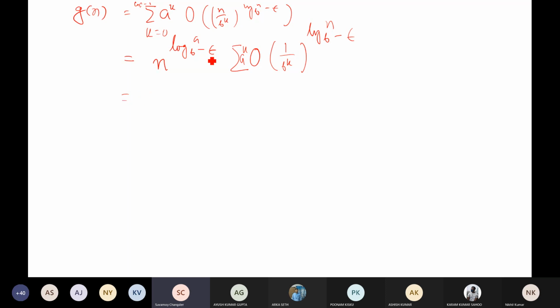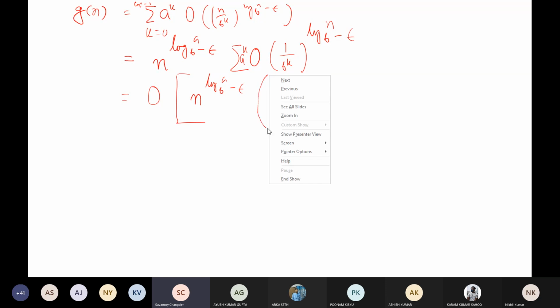That is equals to, we can take this big O outside of the whole, because if this is the upper bound, then the whole should be the upper bound. So we can take big O as the total term: n to the power log a base b minus epsilon, and this is equals to